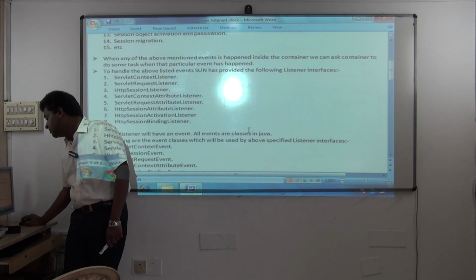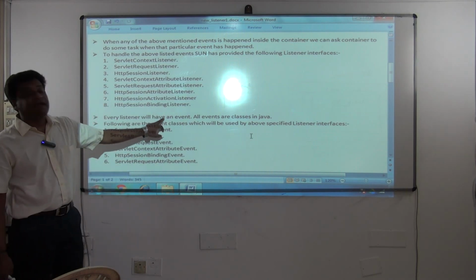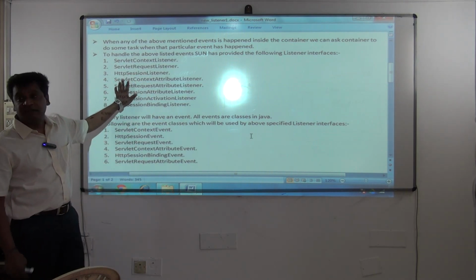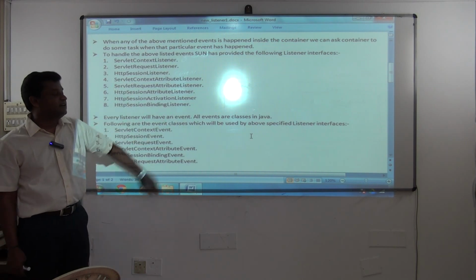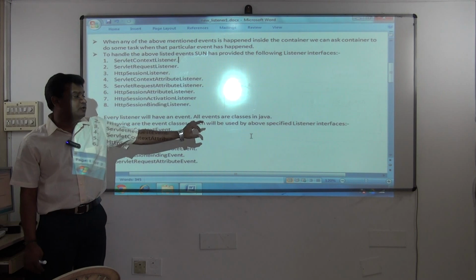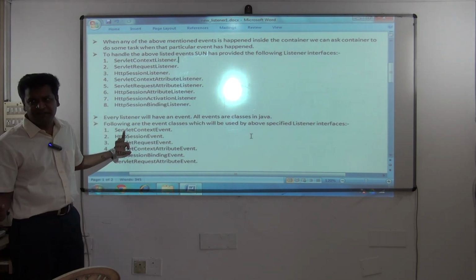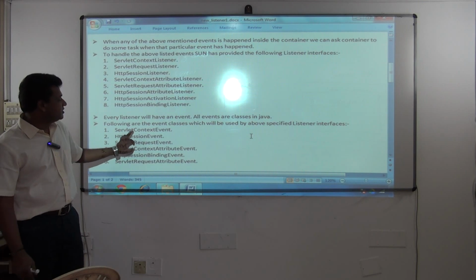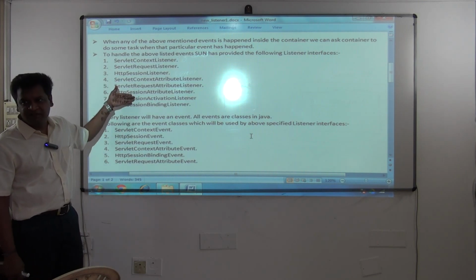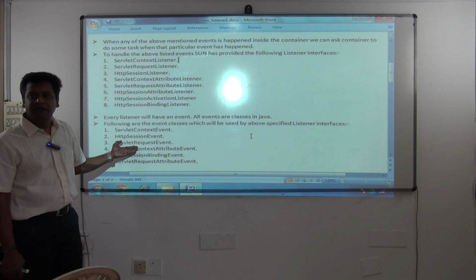And these listener interfaces, get the point: every listener will have an event. All these listeners you saw have an event, and all events are classes in Java. So following are the event classes which will be used by the above specified listener interfaces. ServletContextEvent is an object and it's a class. This object will be used by one listener interface. One listener will use one type of event class.